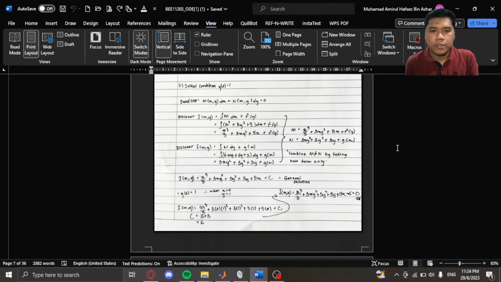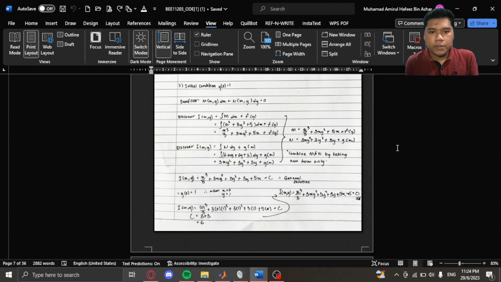and then psi(x,y) equals the integral of N dy plus g(x), which is equal to 3xy^2 plus 3y^2 plus 3y plus g(x). And then we need to combine both equations without any repetition of operations or terms. So we could see that the general solution is psi(x,y) equals x^3 over 3 plus 3xy^2 plus 3y^2 plus 3y plus 5x equals